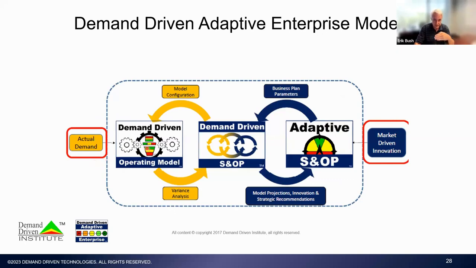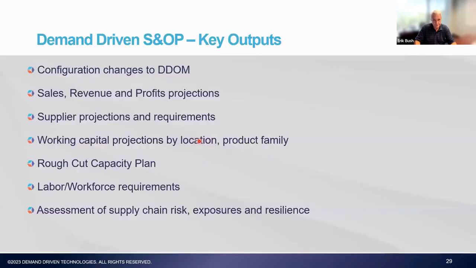So building that agility in, the more we can be truly demand driven, the more we stand to be in a better place. And as we look out into the future now, we understand how our operating model works, and we can start to envision, I think, and see a better way forward on those longer range decisions around the adaptive enterprise, where you're looking at new plant capabilities or various other major investments that a company may make as it continues to grow and evolve going forward.